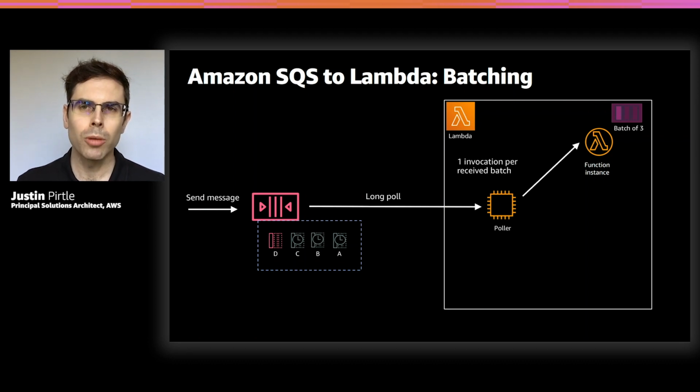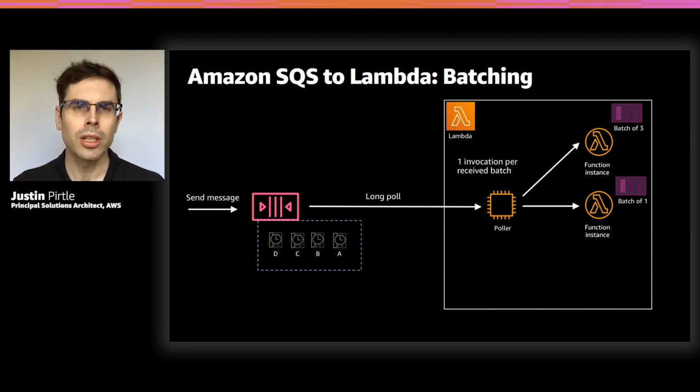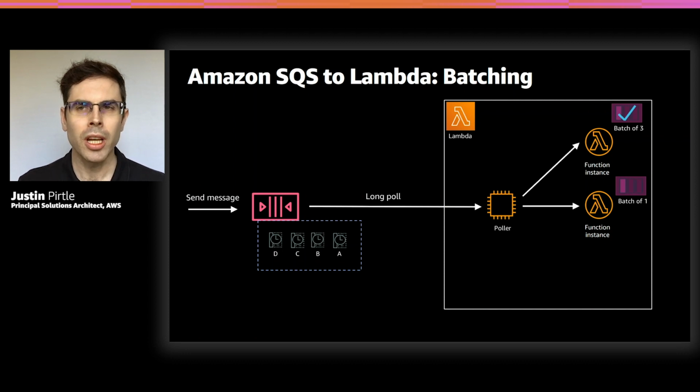Now because we still have more messages left in the queue, the poller in parallel will keep polling and get the additional batch and spin up another function instance with another invocation. So we continue scaling out while the messages are processing in parallel. Now eventually the first batch, the batch of 3, finishes, and in this case it was successful. So on your behalf, the Lambda service calls the delete message batch API. So all 3 messages are deleted, and the additional batch is able to still process.